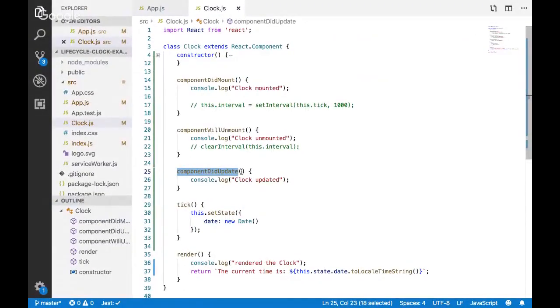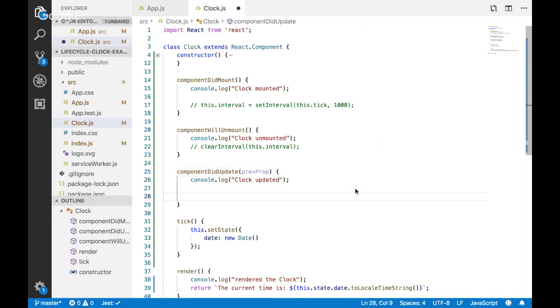So we can just call those previous props and previous state. Now, we don't need the previous state right now, at least, but previous props are useful. Because we also have this.props. So now we could compare and say, maybe we don't even need previous props, at least not right now. So let's just refer to our props, right?